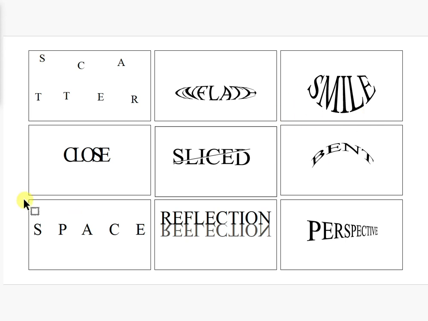Smile is great. I love it. Close is good. Yeah, that works for me. Sliced is good. I don't think you need that line there. I think it'd be okay without it. Bent works. Space works. Reflection is great. And perspective is great. So my only things is like they're all kind of